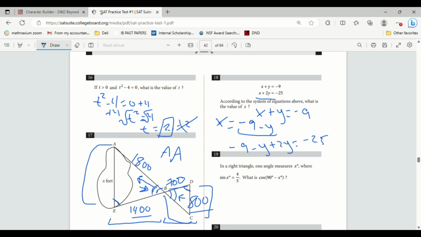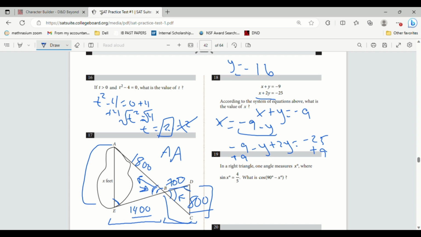Well, -y plus 2y is going to give us y. I'm going to add 9 to both sides. So -25 plus 9 is -16. And so y equals